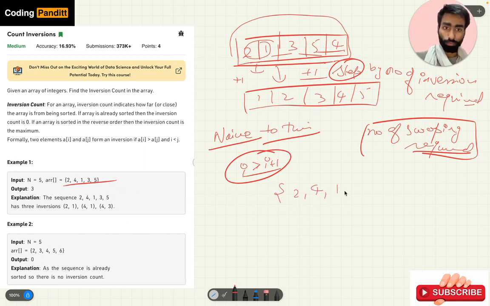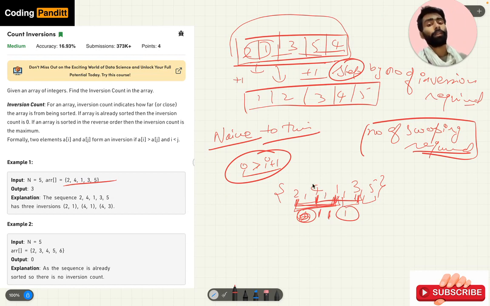If we take the example 2 4 1 3 and 5, then here no swap is required, here one swap is required, here no swap, no swap. But if we see, there is also one swap required for these two, so again one, and for these two again one swap required. So we have to check for every value